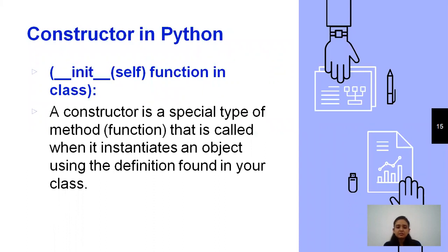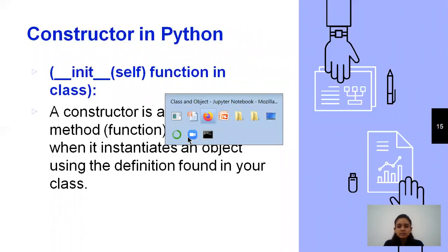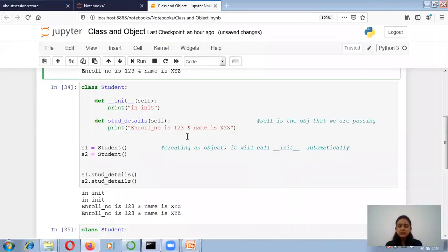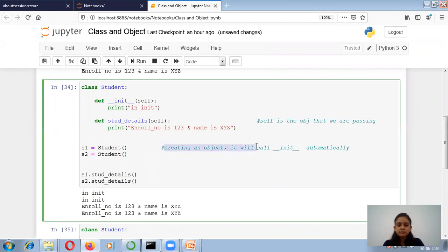It is a special type of method or function that is called when it instantiates an object using the definition found in your class. It means the constructor is a special type of member function which is called when you create the object. So when you are creating an object, a constructor is called automatically.